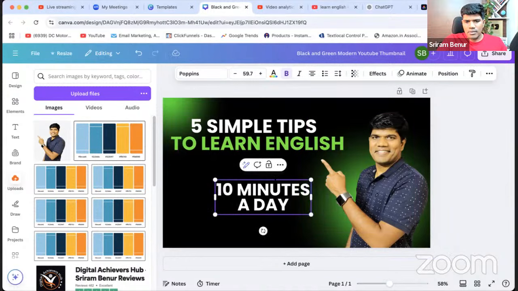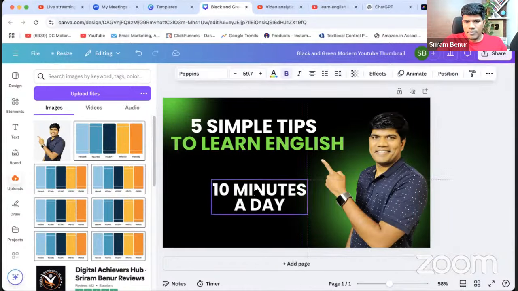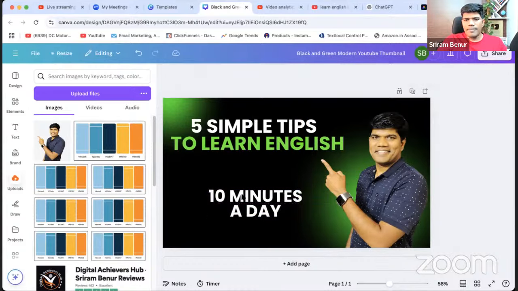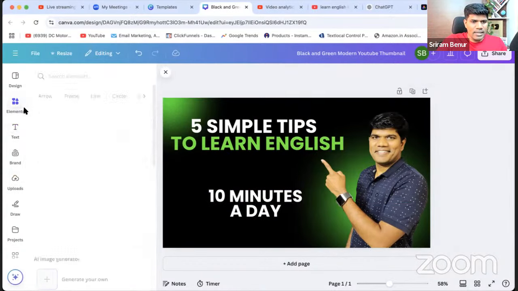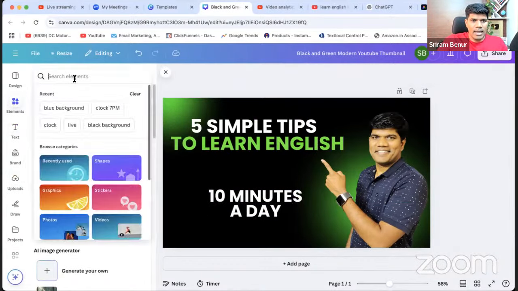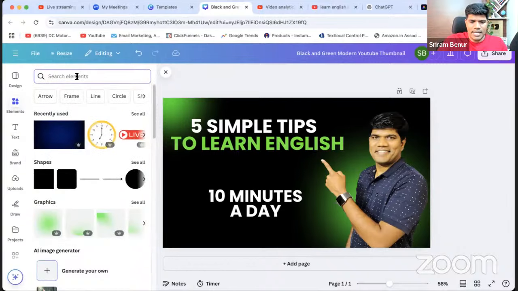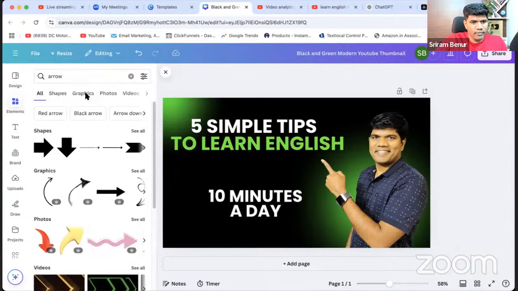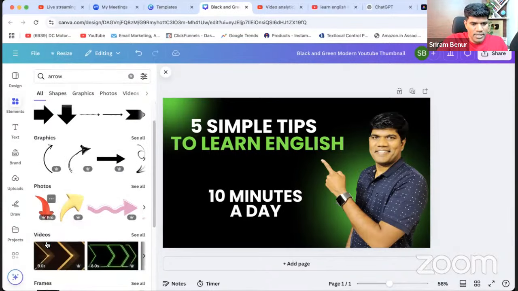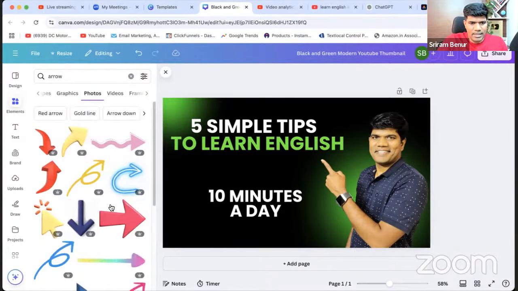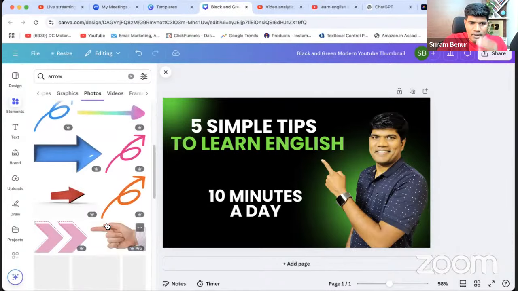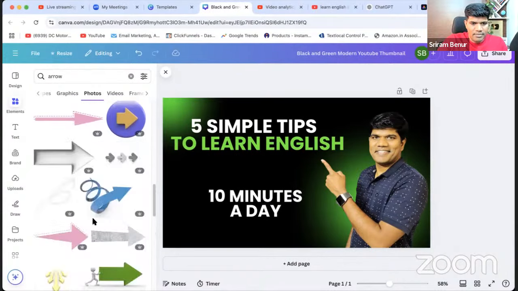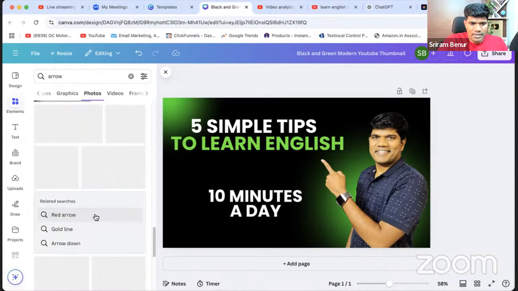Now, you want to make sure like, okay, this is grabbing more attention. What you could do, you can go to elements here and search as arrow. Okay. So you see a lot of arrows here. So I'm going to quickly select something that looks good. Let me just quickly pick up something that would grab attention here.